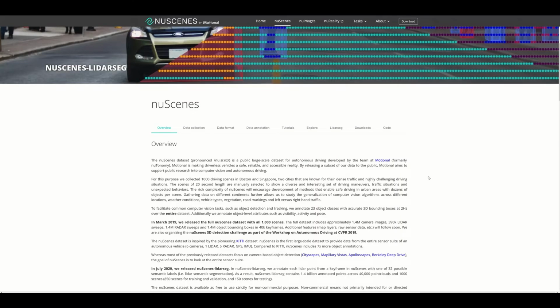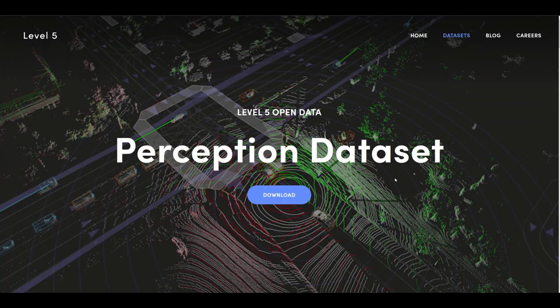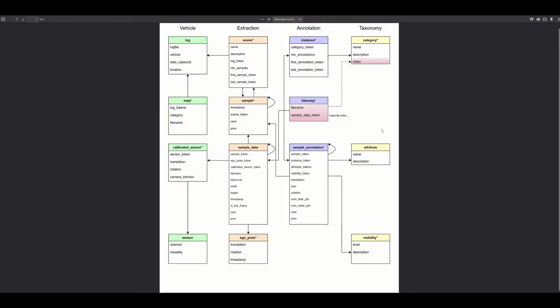We are using two open datasets based on the nuScenes data format. The first one is from Motional. It contains 1000 driving scenes. Each of them is around 20 seconds. And the second one is from Lyft. It is the Level 5 open data perception dataset. The common advantage of these datasets is that they use the nuScenes schema, which consists of different entities and relationships between